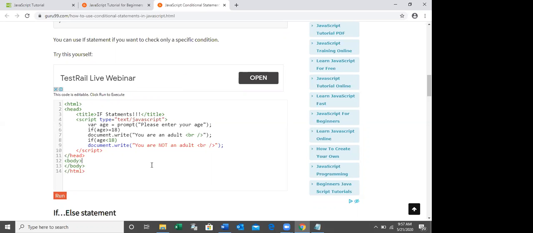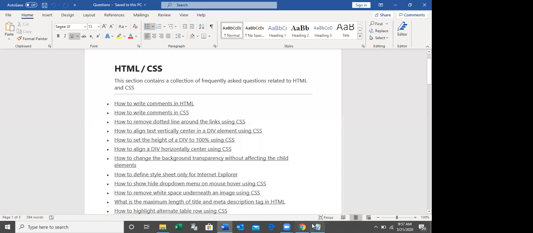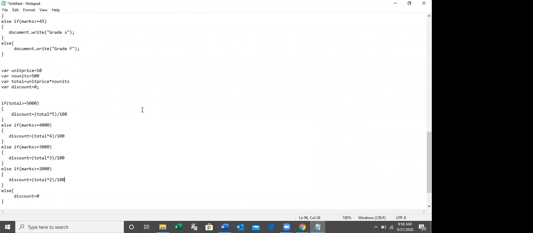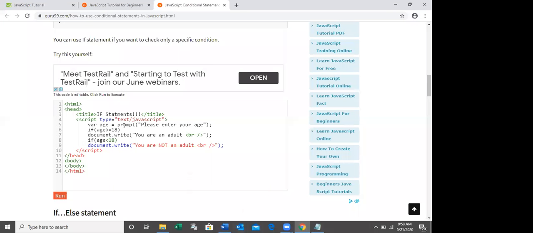The next one is prompt box. By using the prompt box, you can get the input from the end user, right? What I'm doing here, just I'm assigning the variable. I'm assigning the value of the variable as fixed. I'm not getting the variable from the end user, right? Here, if you want to get data from the end user, you can use the prompt box. Prompt, please enter your age, right? Then, if end user enter the age, then this age variable will get that value, right?